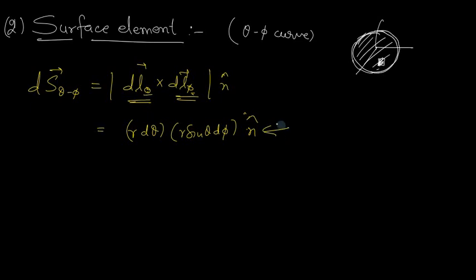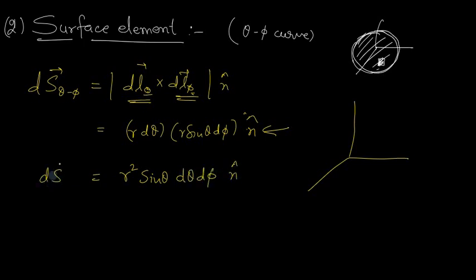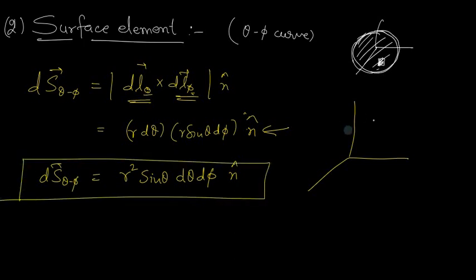n cap is a perpendicular vector from the surface. So consider if you have a sphere, so let me write it here. The surface element is r squared sine theta d theta d phi n cap. So this is your dS theta phi surface element. Okay, so consider you are on x, y, z, and there is a sphere